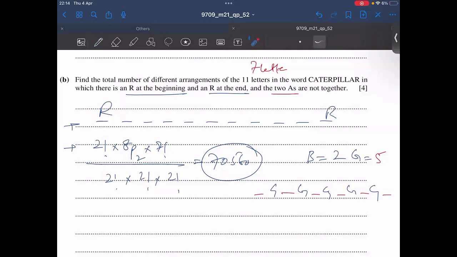7 फैक्टोरियल इसलिए है कि भाई आपके पास ये 7 लेटर्स हैं, आपने इनको ऐसे प्लेस कर दिया 1 2 3 4 5 6 7, और इनके आगे पीछे टोटल 8 पोजीशंस हैं और उन 8 में से कोई भी 2 पोजीशंस पे आपने एस को प्लेस कर दिया। अब ये जो आपके 7 लेटर्स हैं, तो ये 7 लेटर्स अपनी जगहों पे स्विच कर सकते हैं ना, ठीक है ना।